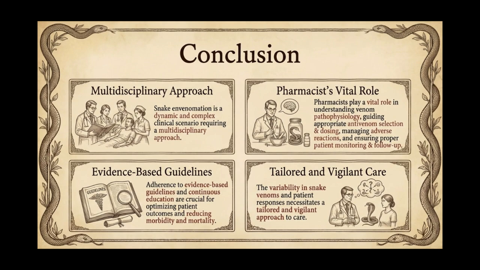Managing specific complications is an essential part of care. Early administration of antivenom is critical for paralysis, which may necessitate intubation and mechanical ventilation in severe cases. Coagulopathy is primarily managed through antivenom administration, with routine replacement of blood factors generally avoided while venom is circulating unless life-threatening bleeding occurs. Local tissue injury is generally treated conservatively.